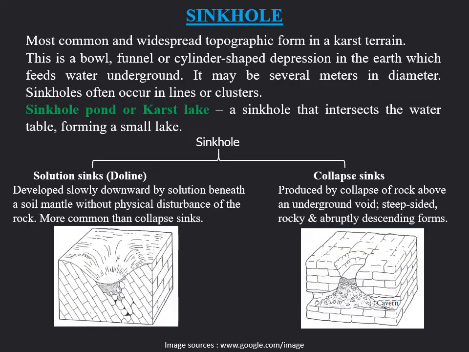Next is the sinkhole. This is a very important structure or landform formed in carbonate terrain, and by far the most commonly found landform in the karst region. Now, these are basically bowl-shaped, funnel-shaped or cylinder-shaped depressions formed in the surface or in subsurface conditions. It may be several meters in diameter,